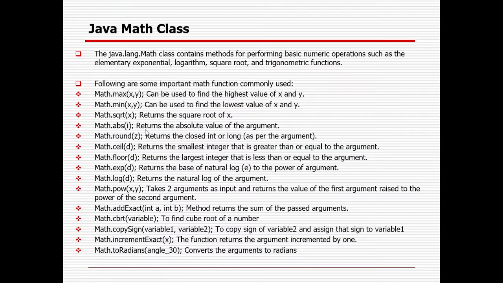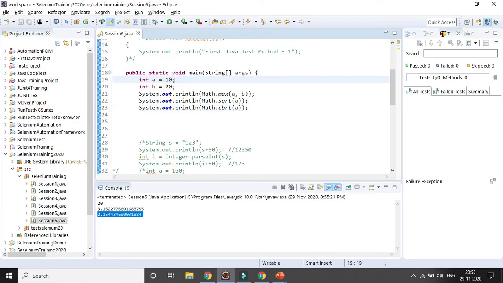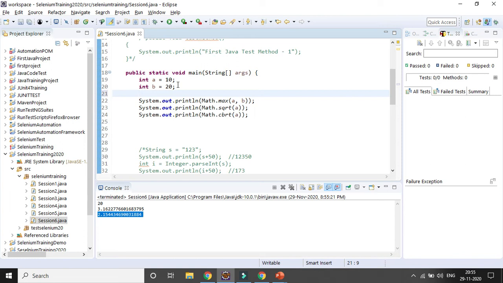So I have listed all the important functions here. Suppose I define one more variable, double d equal to 25.6. Now if you want to convert it to the ceil value or floor value, what will be the output?